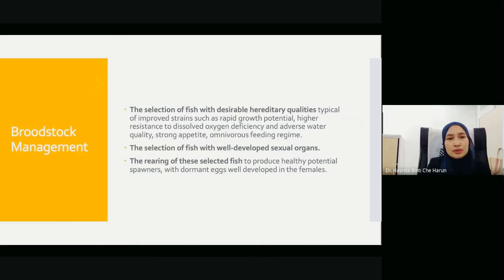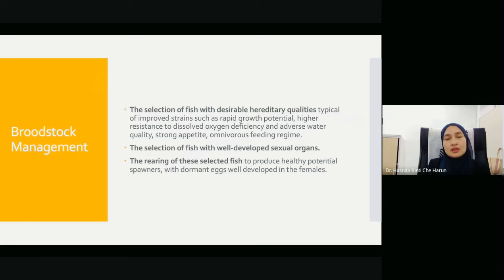And for the broodstock management, why I said that today's topic is very much related to our previous topic is due to the first suggestion for the broodstock management, which is the selection of fish with desirable hereditary quality. So this is linked to our previous topic where we have to improve